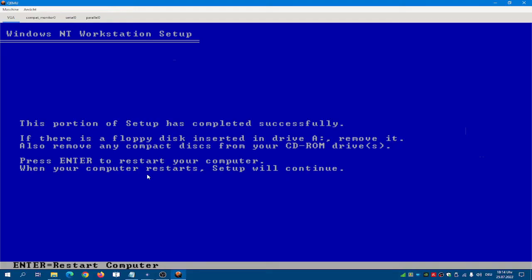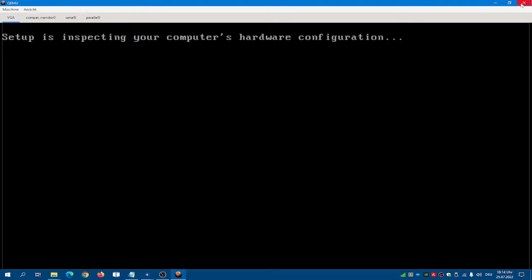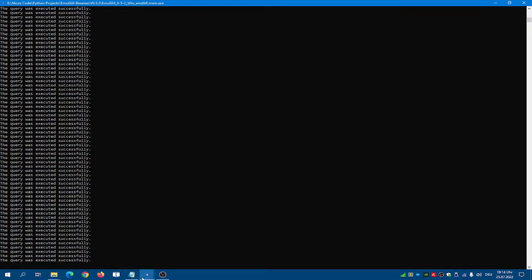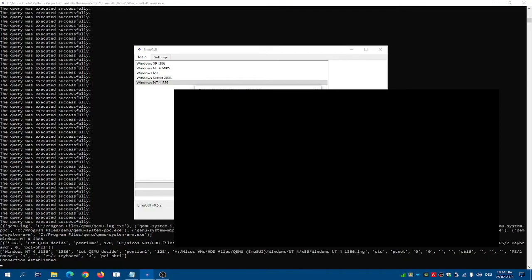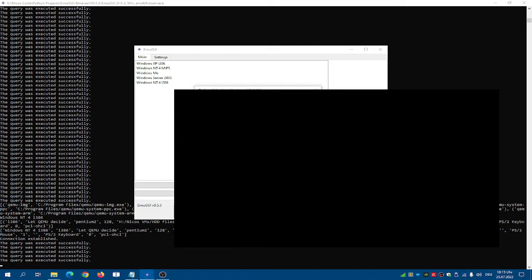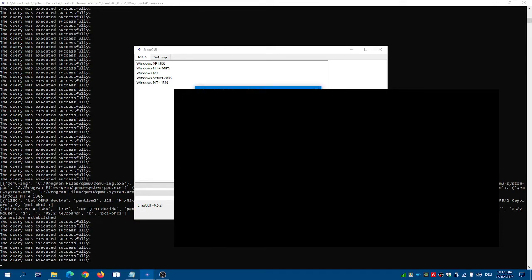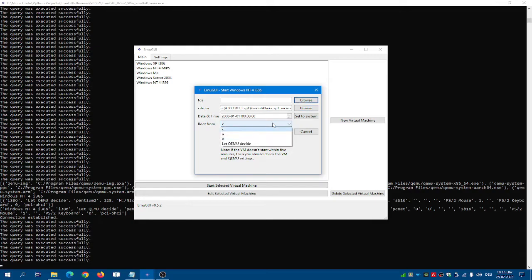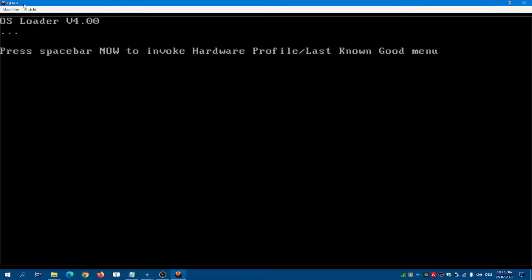And here you actually should not press enter, or else it will restart setup. As you can see, instead, in QEMU, select the machine again, select your ISO file again. I know that's annoying, but that's the best we can do as of now. Boot from, but this time boot from C. You will then be brought into Windows NT